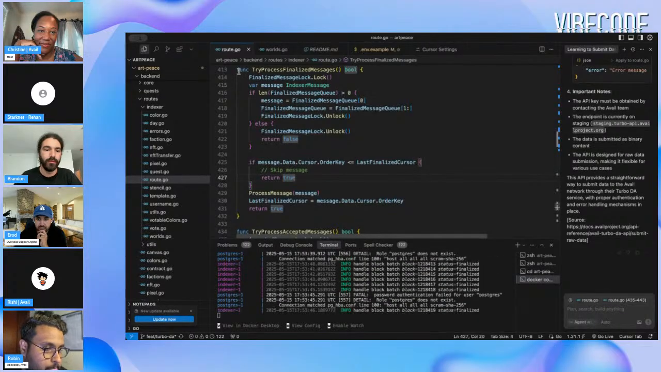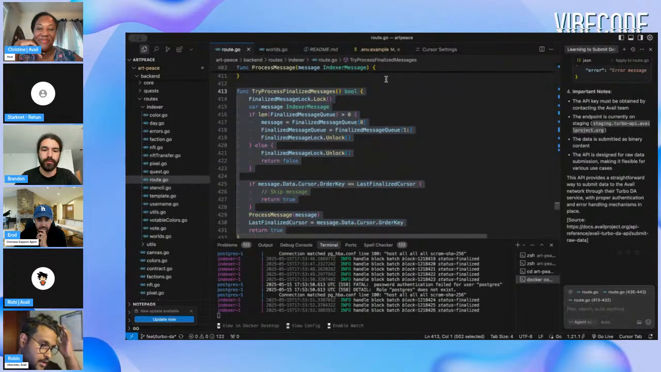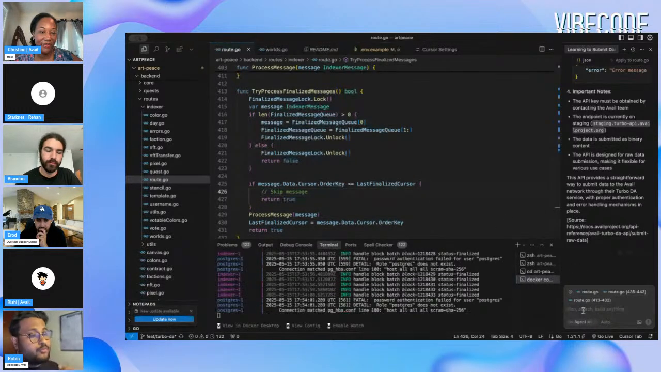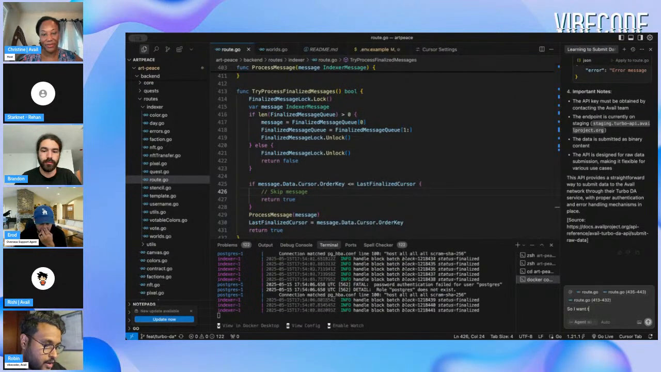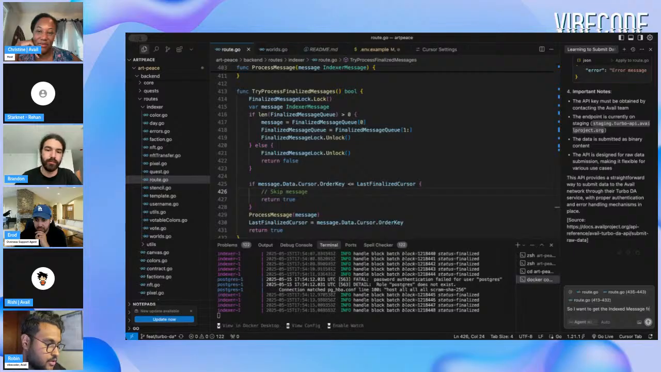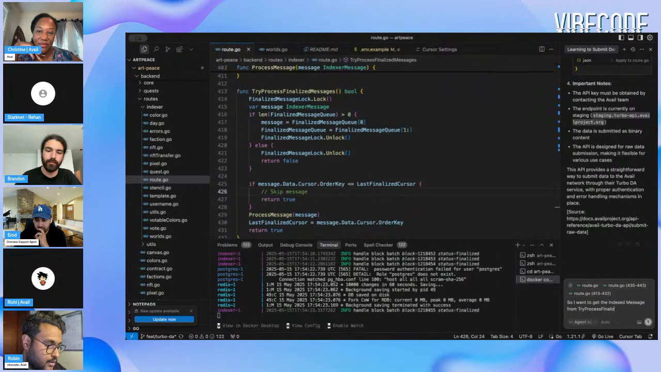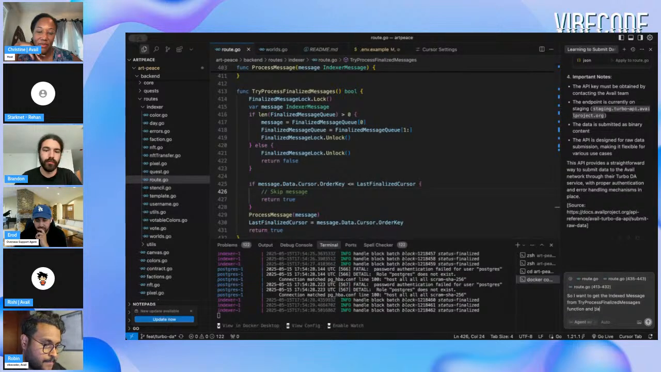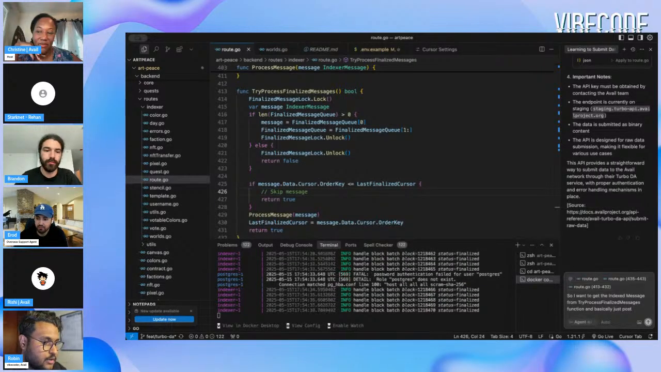I will probably try and give this into context. I can do that: add to chat. Great. I'm going to add that into chat as well, because I want to say, try and fit this code into this particular function. So I want to get the indexed message from the try process finalized messages function, and basically just post the